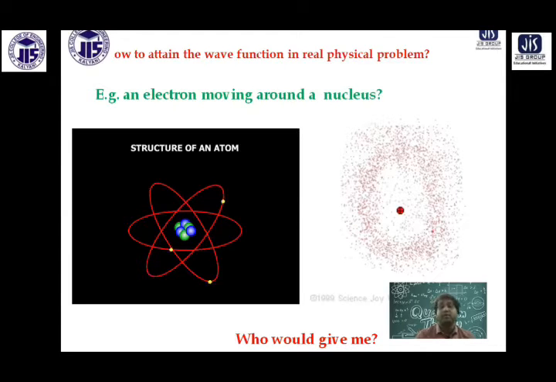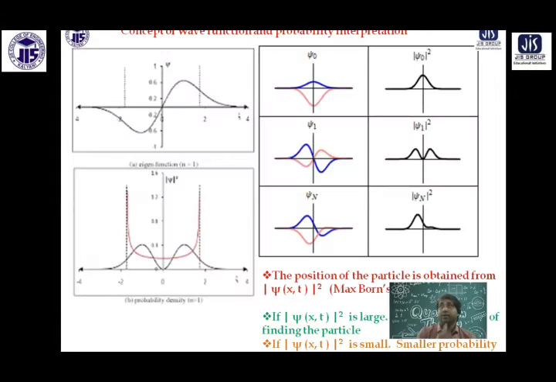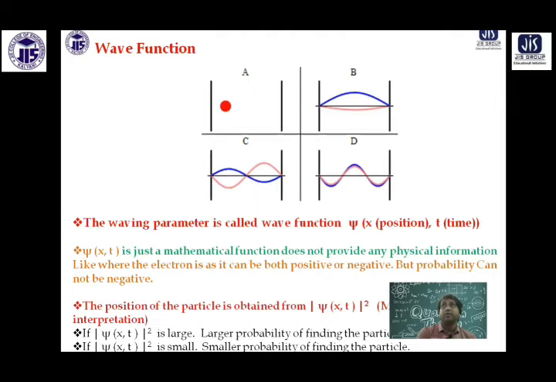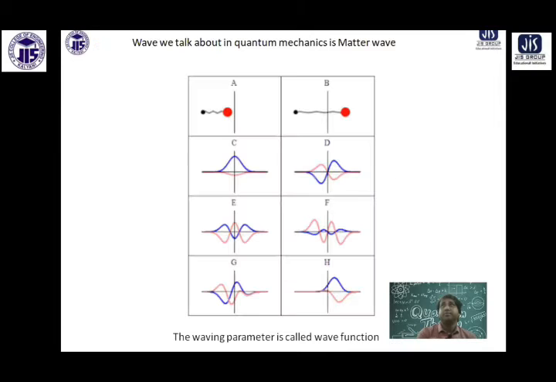Therefore, in a problem, knowing this wave function is very important. Suppose I wish to know where the electron is. I have to get the wave function psi of the electron. If I take the square modulus of psi, just like in this picture, you can see psi is varying. Psi can be plus and minus. You see matter is moving, so as the matter moves, the chance of finding it is also varying.